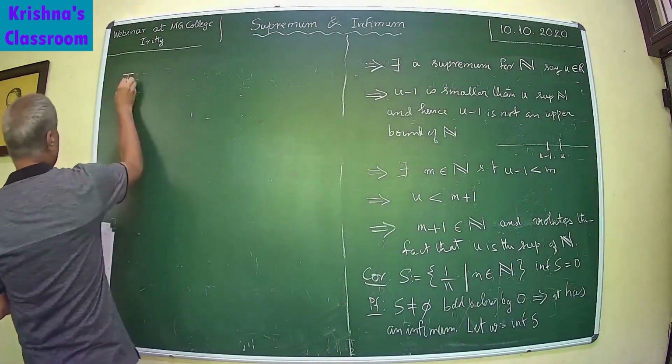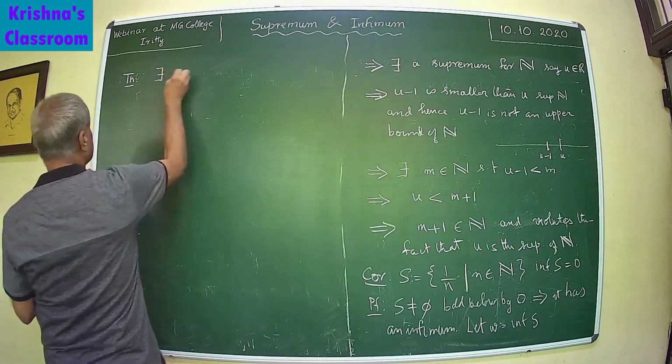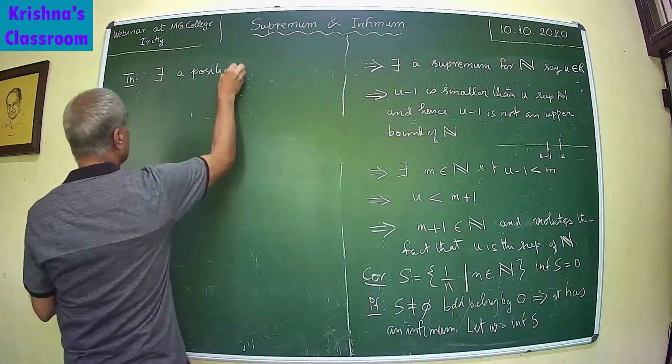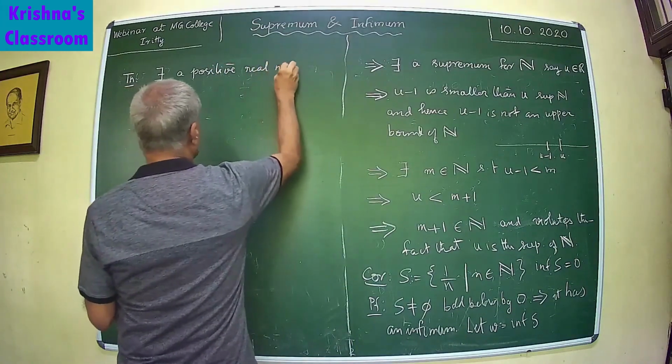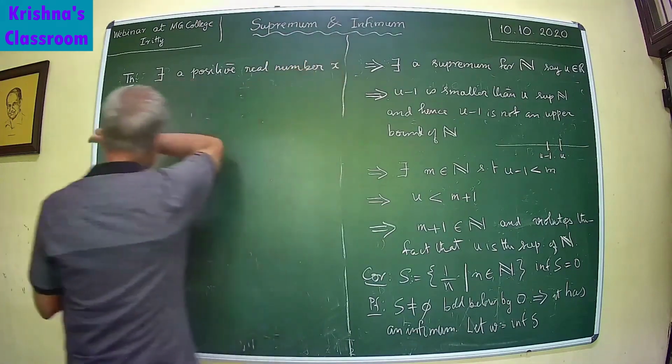So the theorem that you have is the following. There exists a positive real number x such that